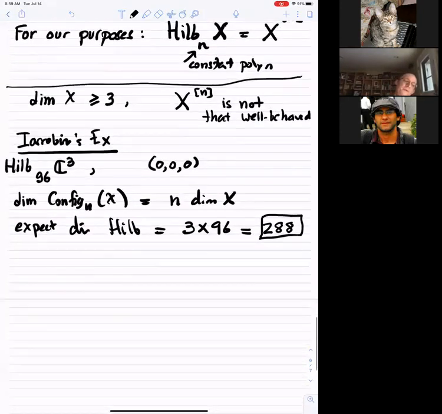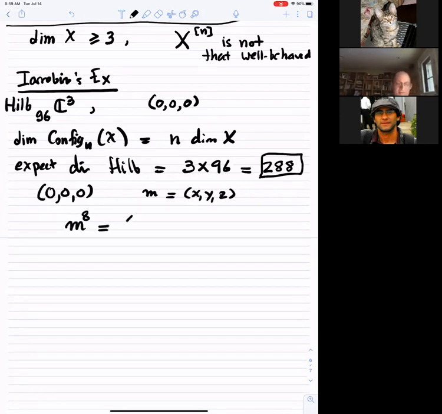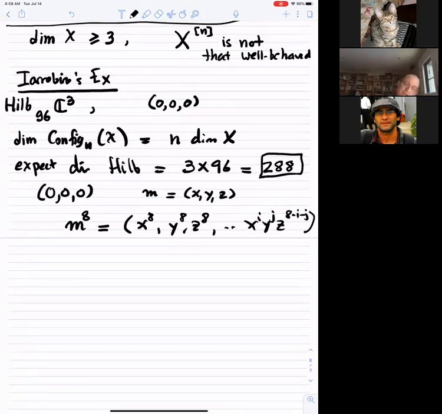All right, but now let's see. Let me give you some ideals with a given Hilbert polynomial. Let's take the origin, as I said. Let me write it again. We have the maximal ideal at the origin, and that's generated by x, y, z, okay? Now let me take the 8th power of the maximal ideal. That's generated by things like x to the 8th, y to the 8th, z to the 8th, and more generally x to the i, y to the j, z to the 8 minus i minus j, okay? All right, now let me also take a 24-dimensional